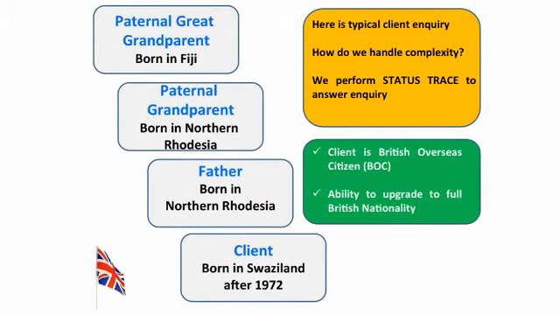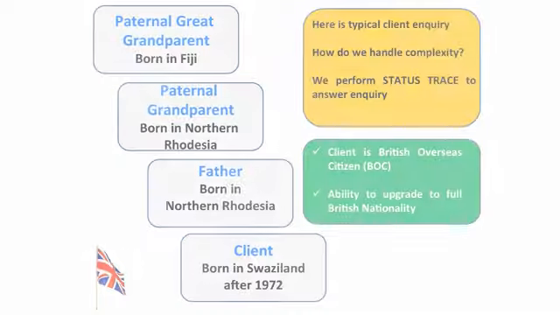My job is to look at family trees, but I'm not a genealogist. The slide that we're looking at now represents a typical family line that I may look at with a view to establishing a right to UK nationality for the client based at the bottom here. We have our client born in Swaziland, we have a father born in northern Rhodesia, and we have a great-grandfather born in Fiji. I use this example because it shows quite clearly that there's no direct link with the UK and simply links with other territories overseas that were once under UK influence or control.